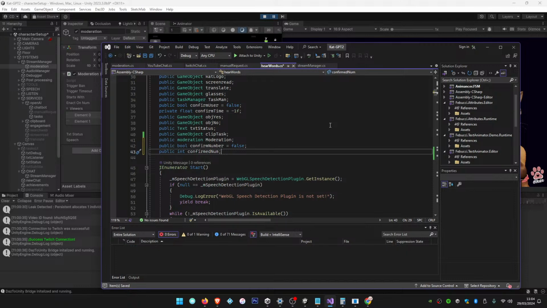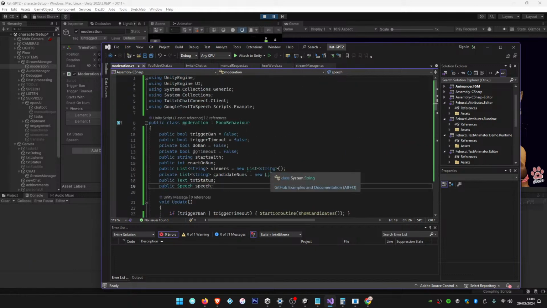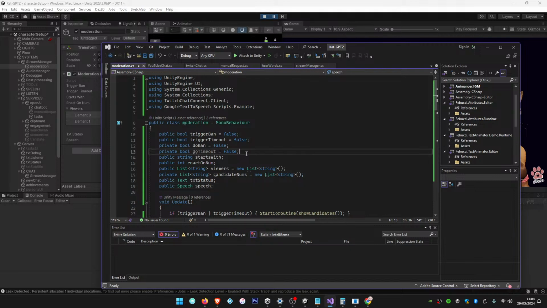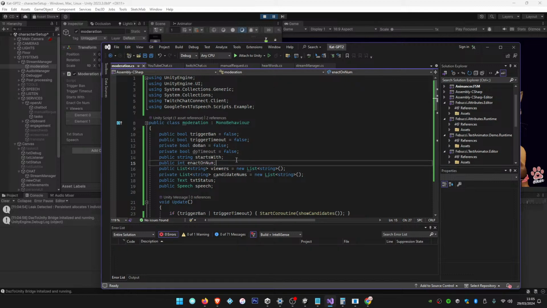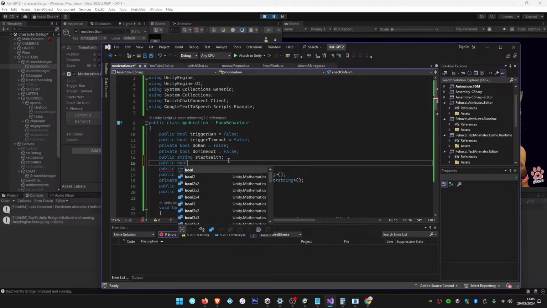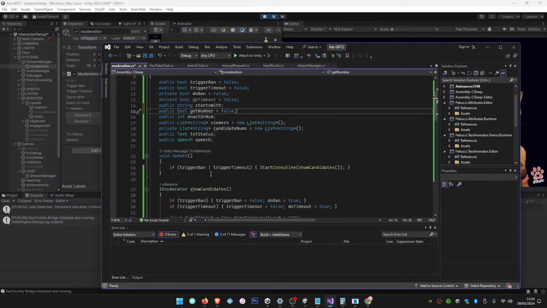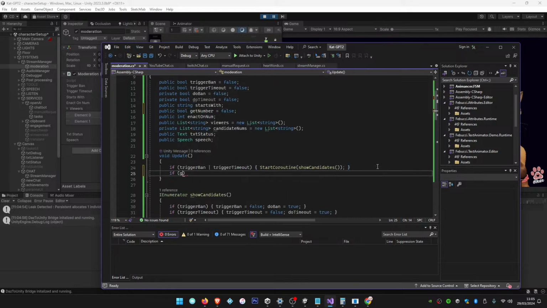And then instead, because we've already got the moderation class in here, what we'll do is put a listener on the moderation script, which is like a bool. So let's save that. Over on the moderation script, if I do a bool, we could do get number basically, right? This is part of enact number, we want a public bool get number which equals false. Then what we can do is in update we can just say if get number,